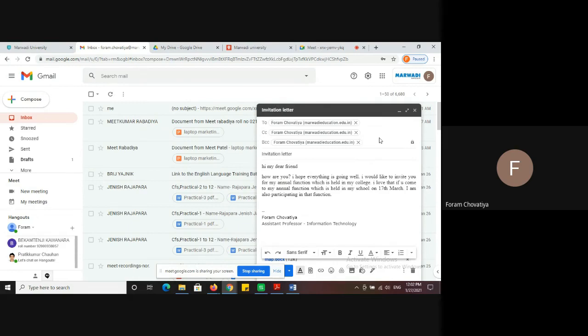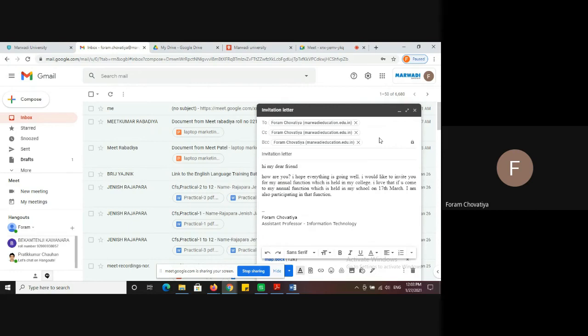Let me take an example of sender and receiver. Sender means who is sending the mail, and receiver means who receives the mail. Again I repeat, the sender is who sends a mail, and the receiver is who receives the mail.